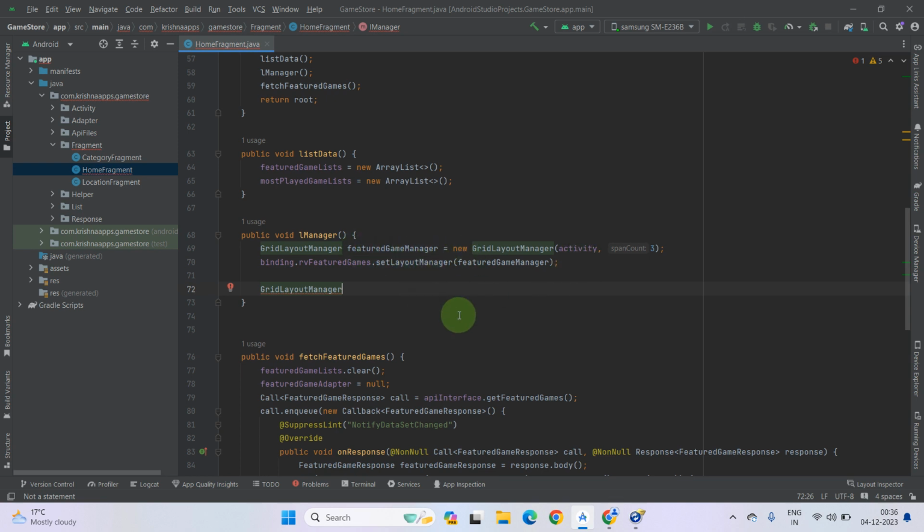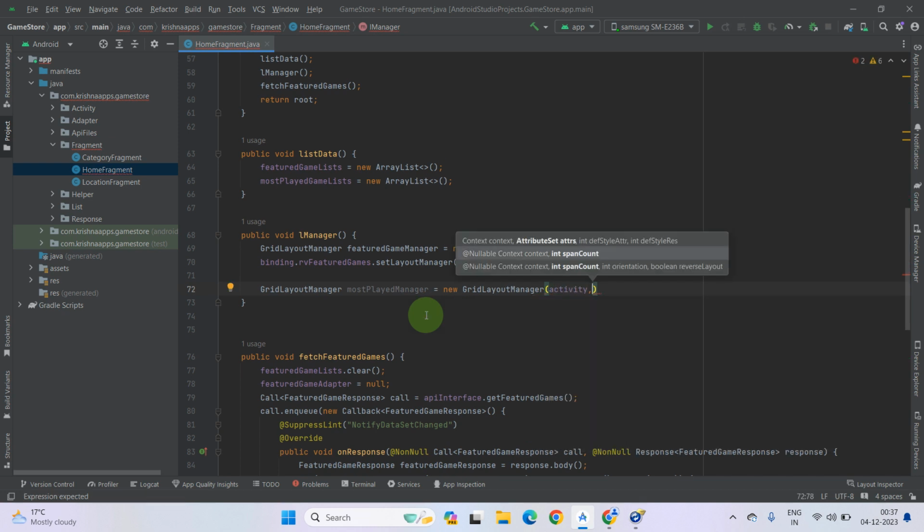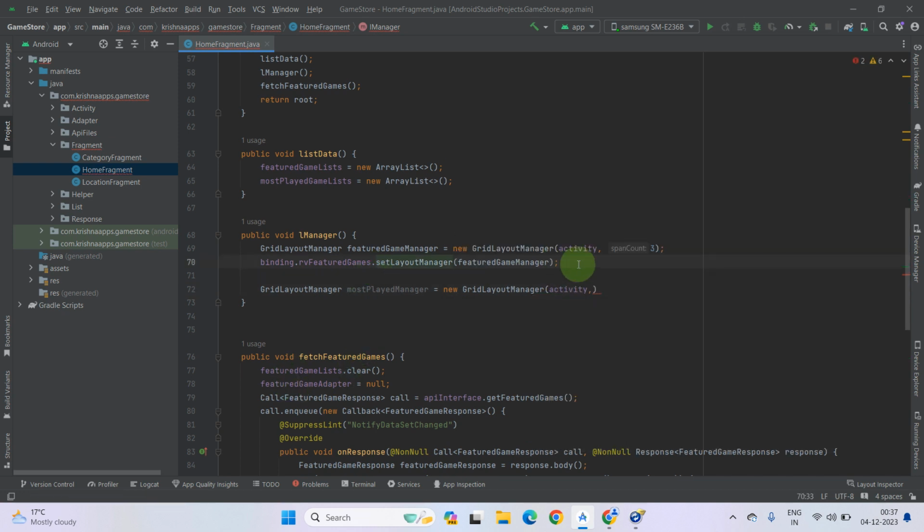Now let's name it mostPlayedManager. You can give any name to your new one. Now select the GridLayoutManager, pass your activity context, and now in the featured game section we show three games in one row. But in the most played game section we will show only two games because we are showing a category